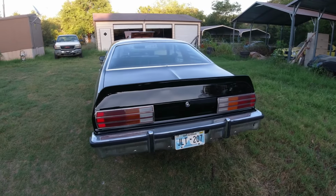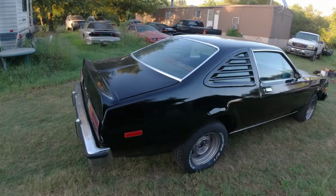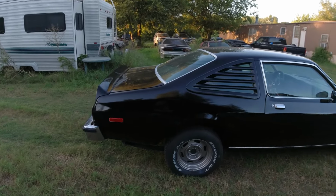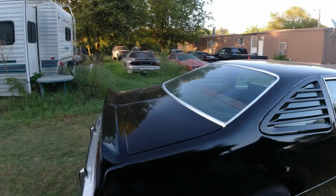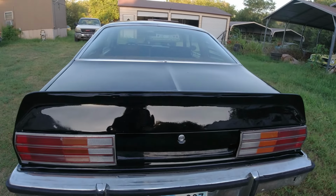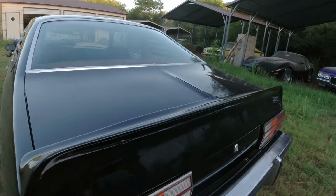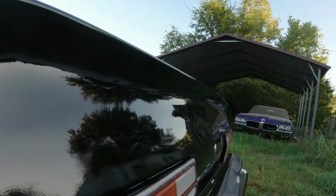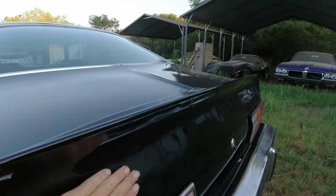Okay, so this episode we're going to put on the Phoenix Graphics decal set, which will be the stripes all the way down, the RT emblems on the quarter panels, and then the one I'm really worried about is this RT sticker and stripe that goes on this spoiler. As you can see, it's pretty wavy,